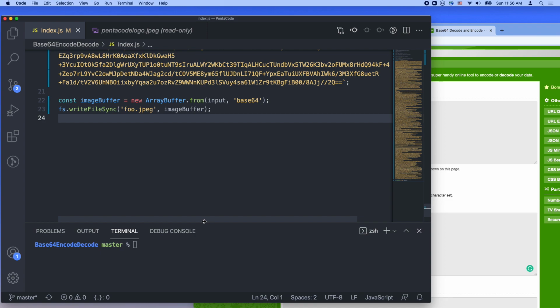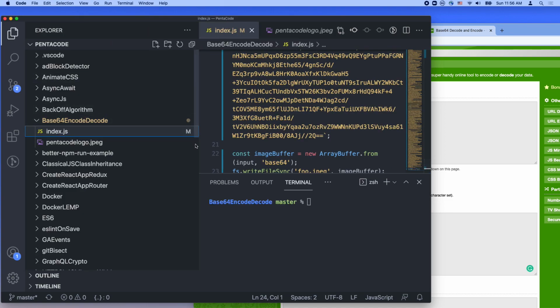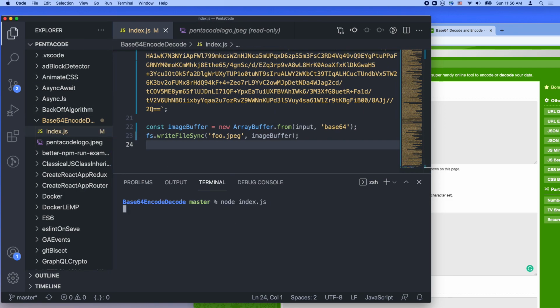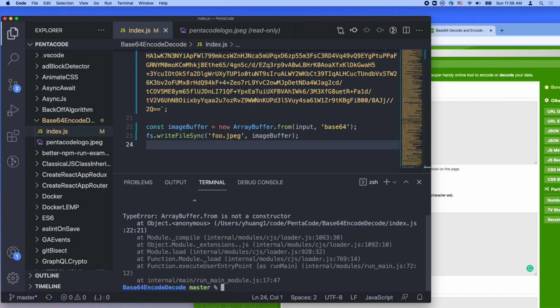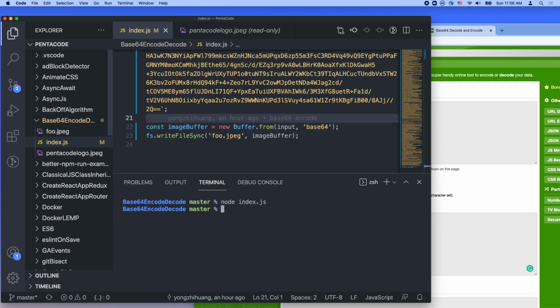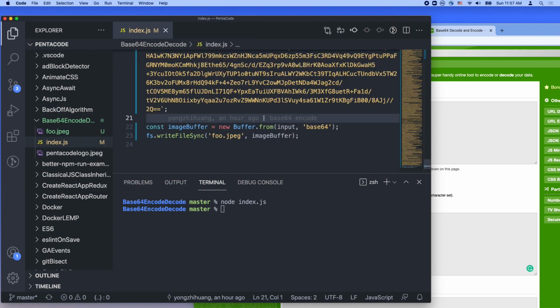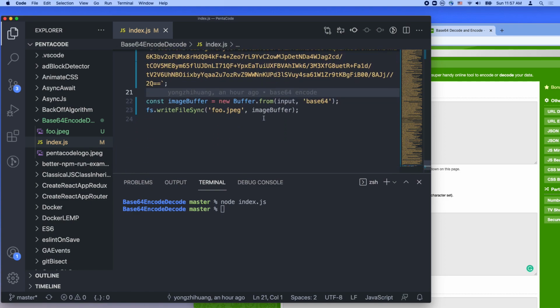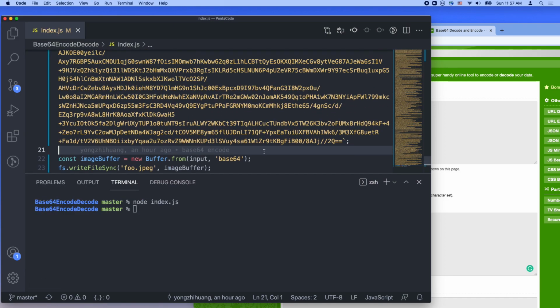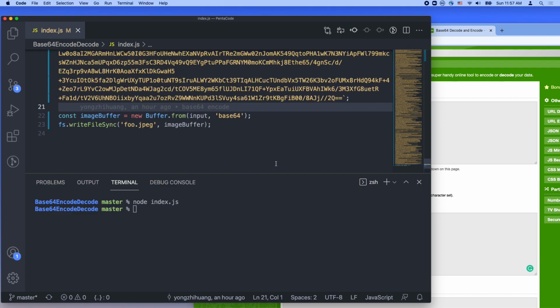So if I press save and run this, watch what happens to this directory here. Oops, it should be buffer, not array buffer. So if I run this, as you can see, a new file has been generated. It's called foo.jpg, which is the file that we made. And if you click on it, it looks exactly the same as before, right? So now we've just converted a base64 string into an actual file. This is a very nice way of converting things back and forth.